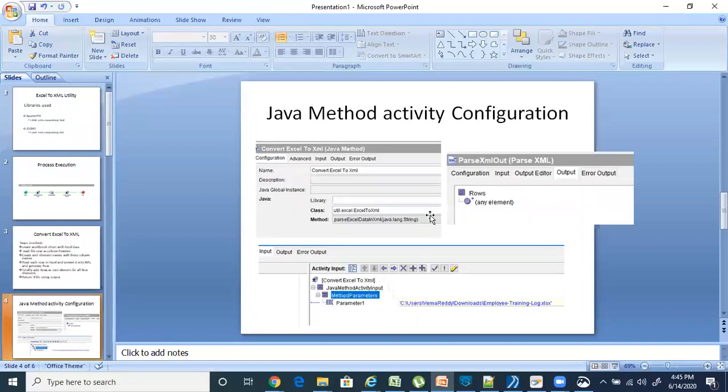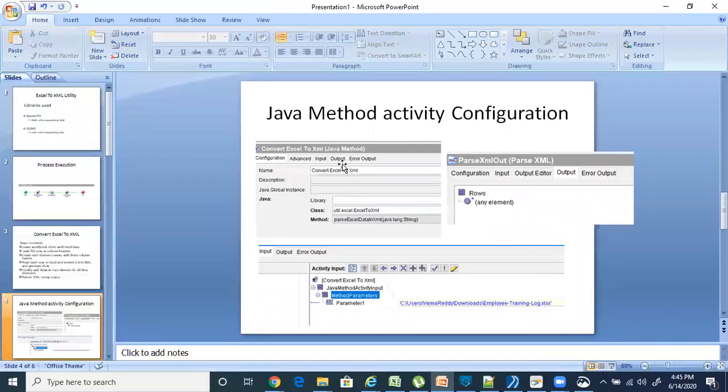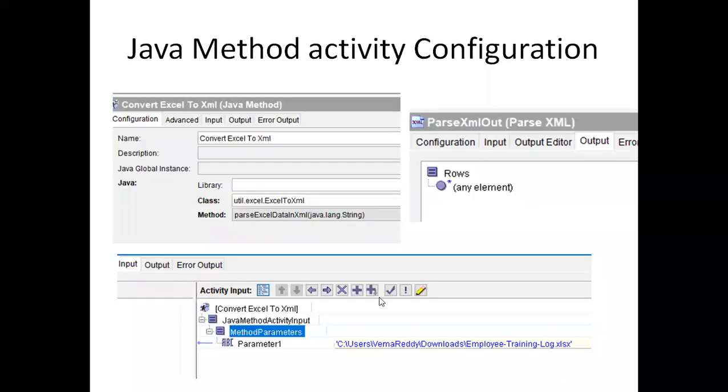So let's see the activity, how we are passing it. We selected the method parse Excel data; you can see parse Excel data here.